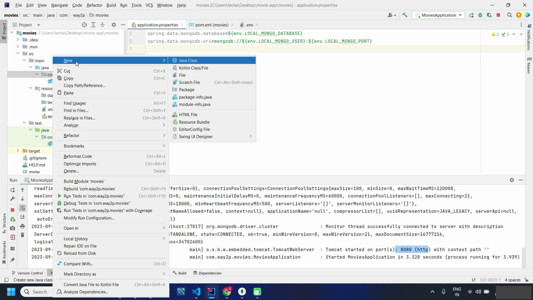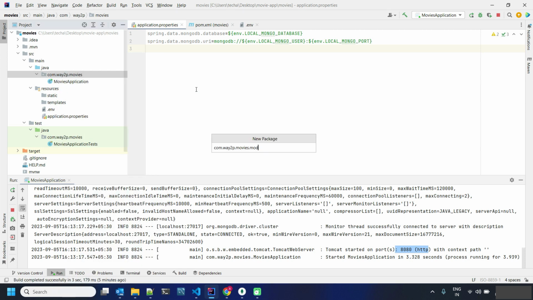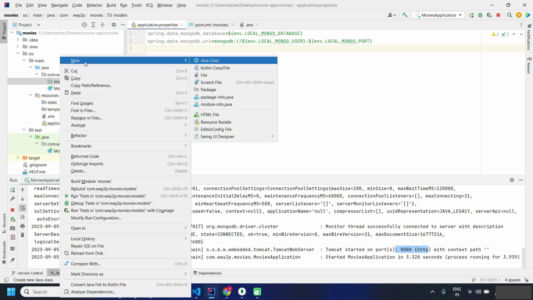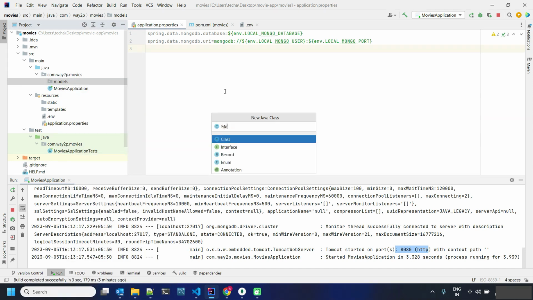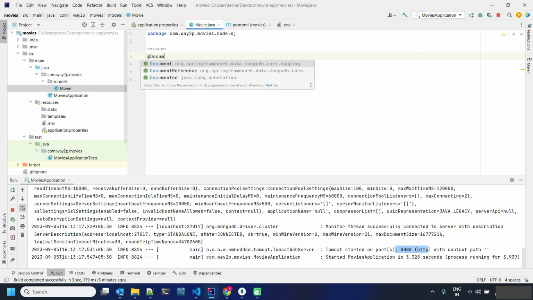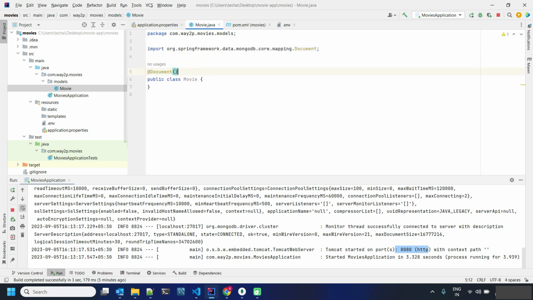So create the package models. First model is movie, and here we need to say @Document from org.springframework.data.mongodb.core.mapping.Document. Okay,